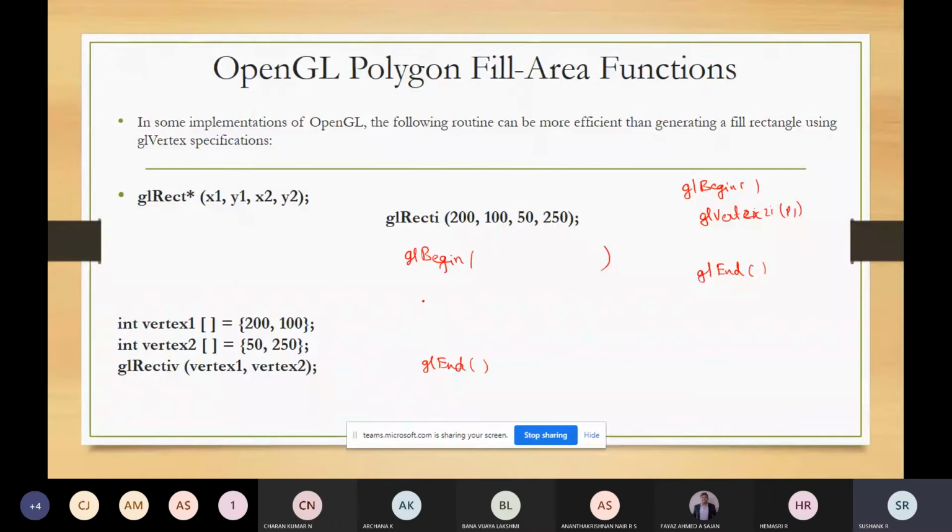If you want to draw a polygon, then also you'll start with the function vertex only, GL vertex. There are various versions of it. This is a simple one, vertex 2i, then the points P1, P2, P3, like this.